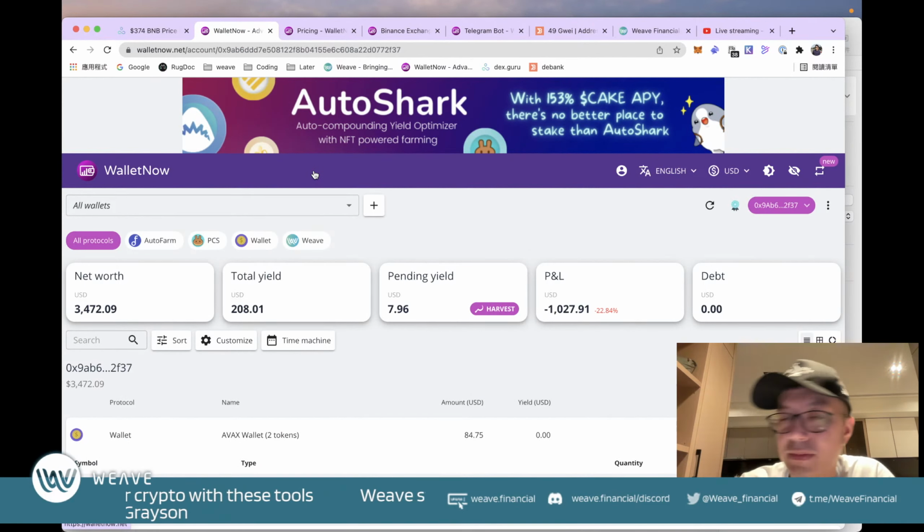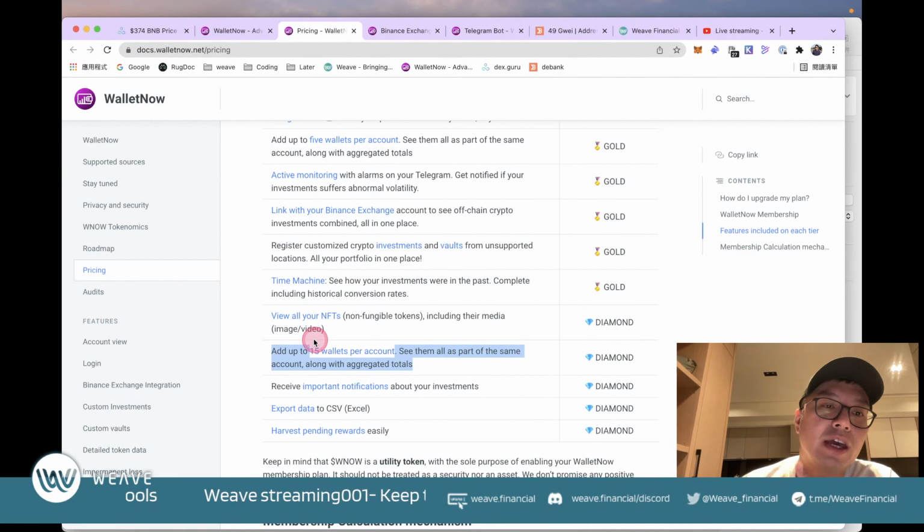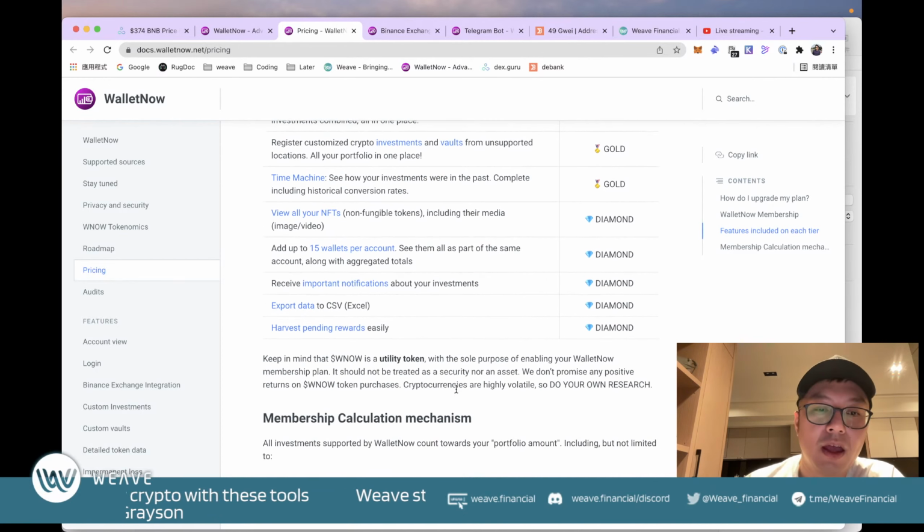So what's the difference of the membership plan? So this is the difference of the membership plan. Again, Walletnow is now offering Weave users who hold more than $10 of Weave a gold plan at this moment until March 8th. So give it a try while you are still a gold member. For me, I personally love the platform, so that's why I'm now a diamond member. And the difference is that you can view all your NFTs as well, you can track more wallets, and you can receive notifications on your Telegram bot. Okay,